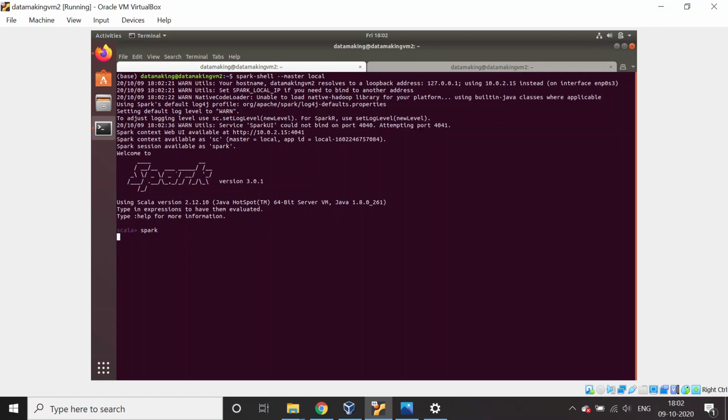You can just type spark, which is the Spark session object. So this CLI is ready and you can start coding here. Apart from this, you can develop a Spark application using an IDE like IntelliJ. We'll focus on that in some other video, and I already have videos on this in my YouTube channel, so you can go and refer to them. Now, let me close this.